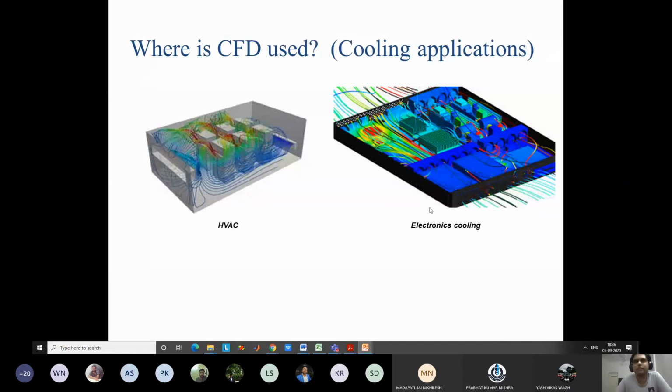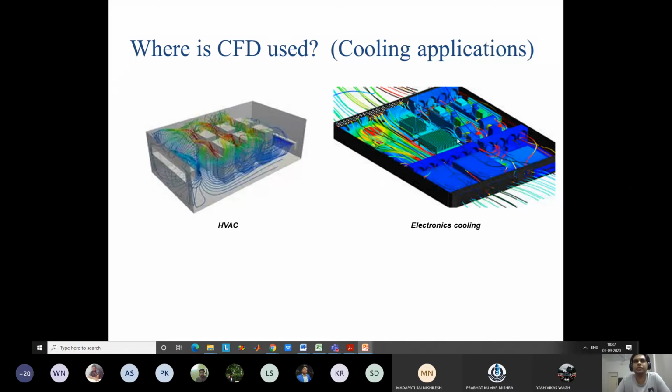Then if we come to small scale, like the processor or the graphics card in your computer, and particularly in the laptops. Nowadays laptops have become very versatile, right? You have such a compact form, but you can do such large scale processing in a laptop. I can use a very high end graphics card in a laptop, okay, which was not possible previously. So these graphics cards generate a huge amount of heat. 200, 300 watt of heat will be generated in a very small size, right? So the heat per unit area is very large, and you need to do CFD study to find out whether there is sufficient cooling or not.